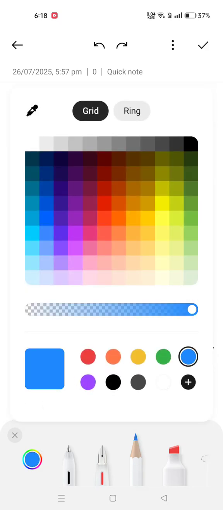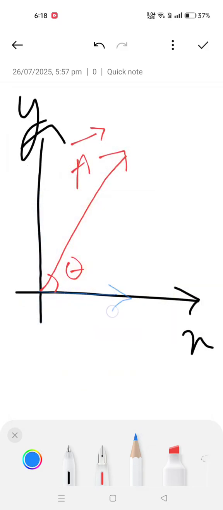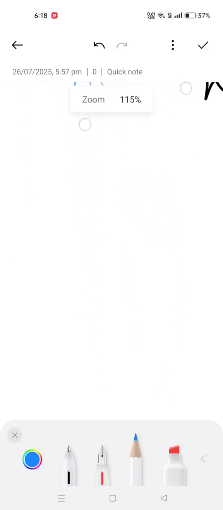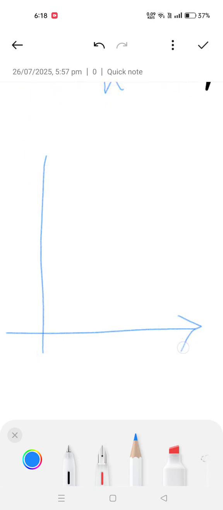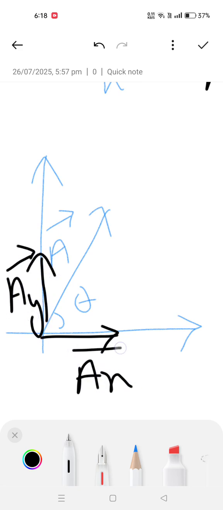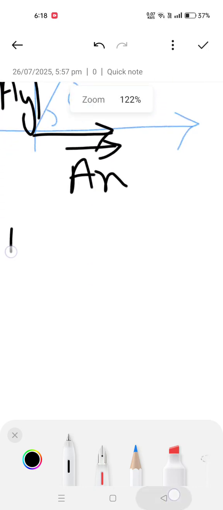Now see, this is basically the a x vector and here there would be the a y vector. So this is the a vector, this is making theta, so this would become ax and this would become the a y vector. Okay, so we see that ax